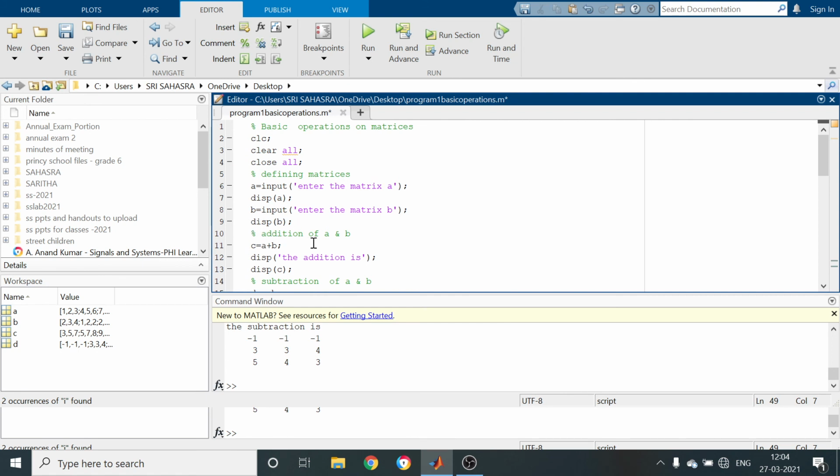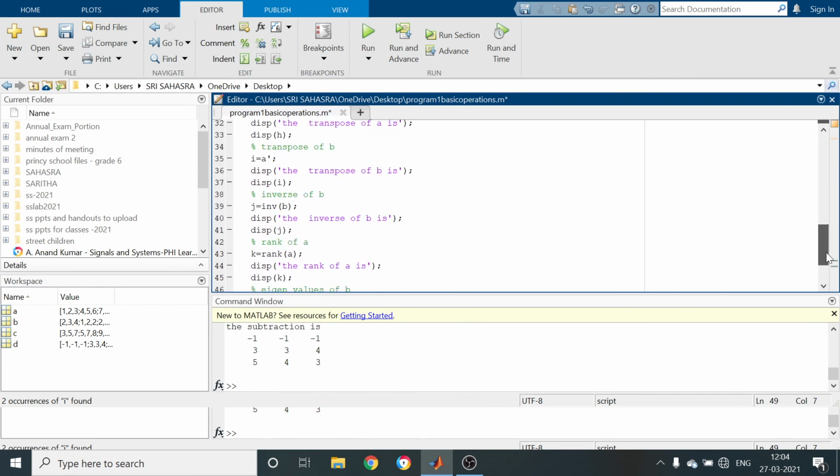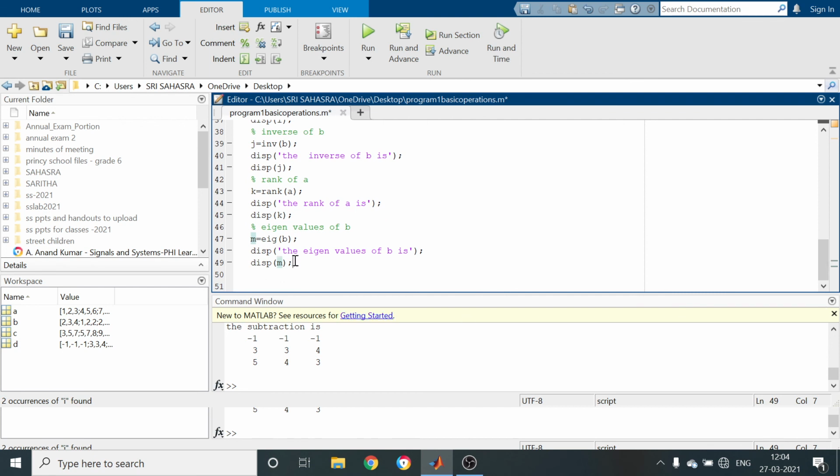Next we are performing operations one by one: addition, subtraction, multiplication, division, rank, and det, which you are going to calculate. Here we didn't calculate the determinant yet, so I am going to enter the determinant of the A matrix.